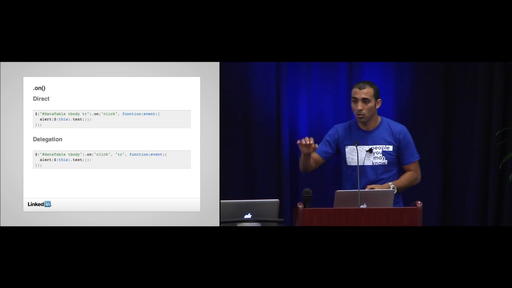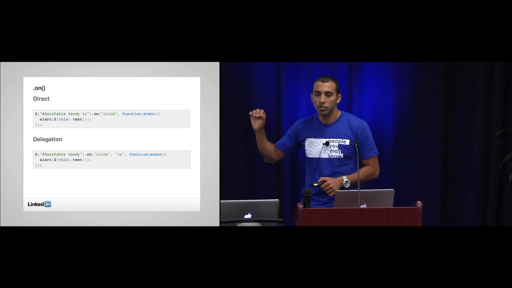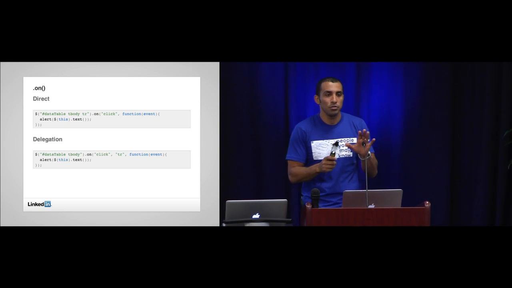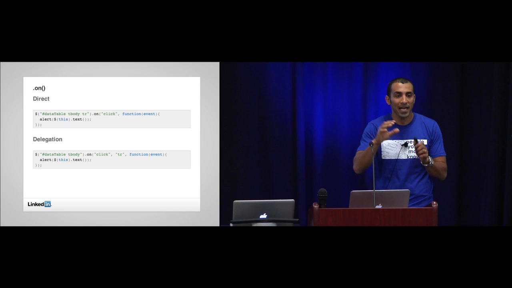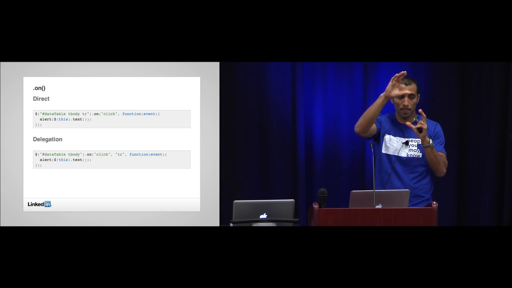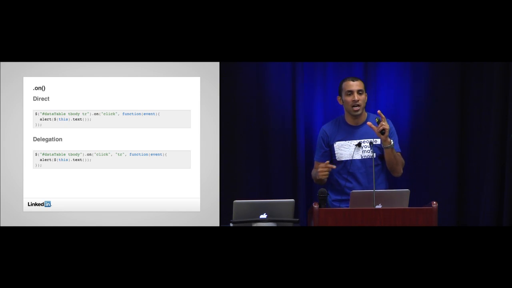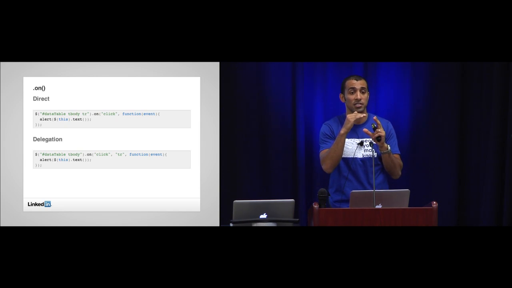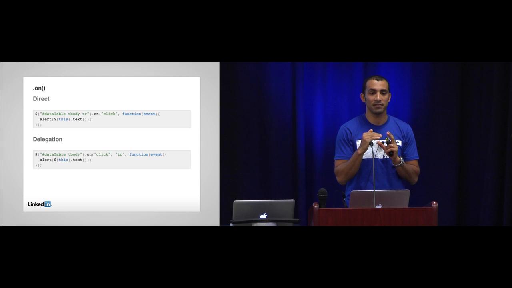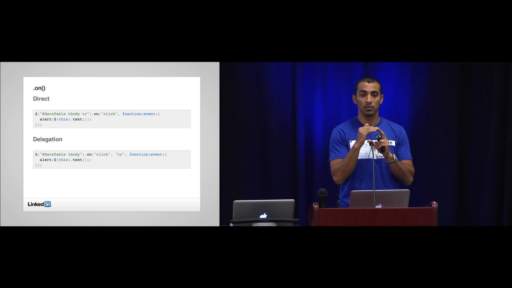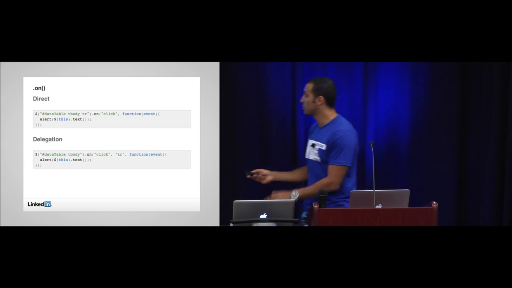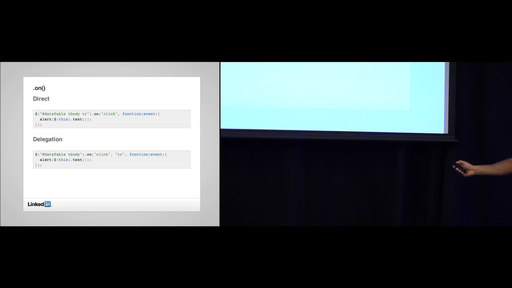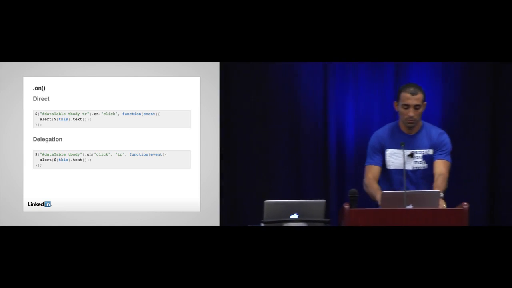Anyway, that said, with event delegation, you can bind a handler on a parent instead. And then when you click on a child element, when it bubbles up all the way to the parent, at every single stage it's going to check, do I have an event that I'm supposed to fire that matches this selection? It's like, yes, I do, fire it. Now, for example,